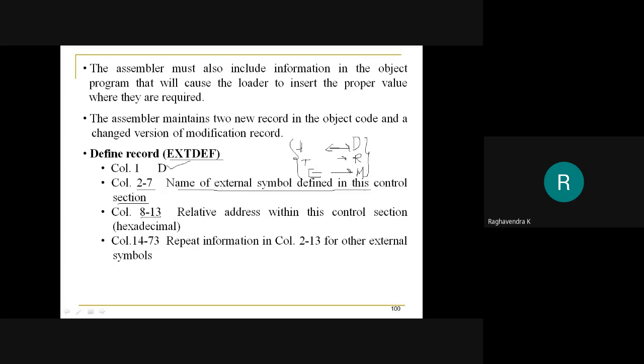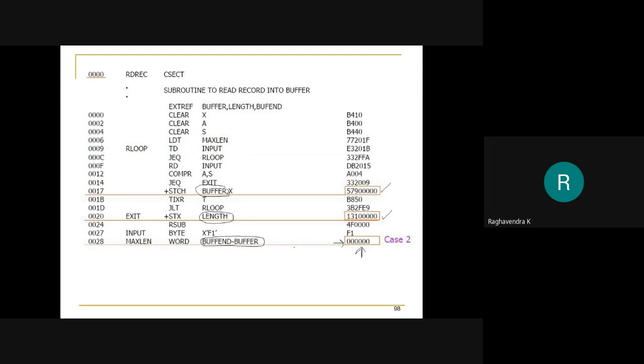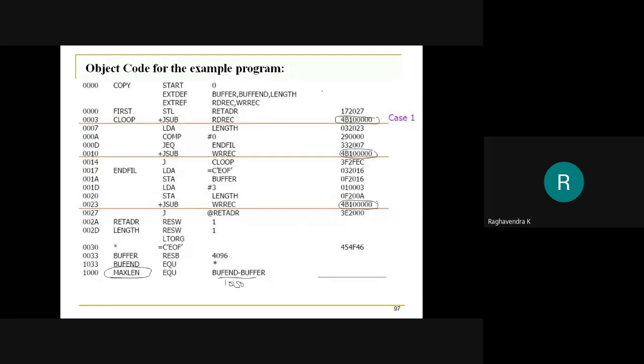From 8 to 13, it has the relative address, that is, the address relative to the starting address within this control section. Then from column 14 to 73 you have the repeat of the information from column 2 to 13 for other external symbols. I'll explain. Just remember 2 to 7, and 8 to 13.